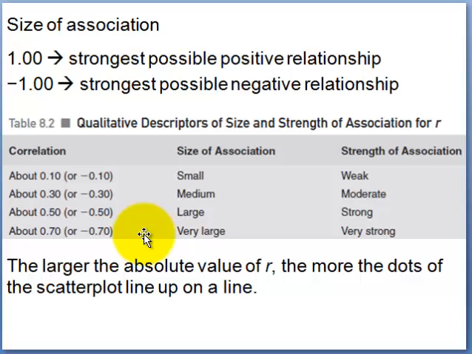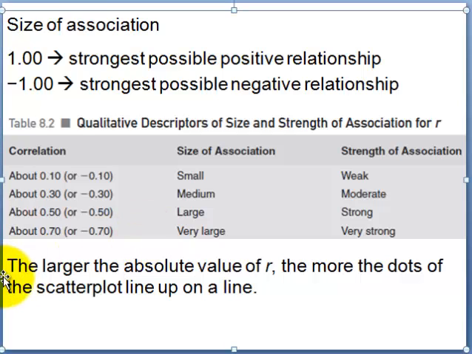You do sometimes see correlations this strong between variables, but certainly in social science research these are at least somewhat uncommon. So the guiding idea is that the larger the absolute value of r,